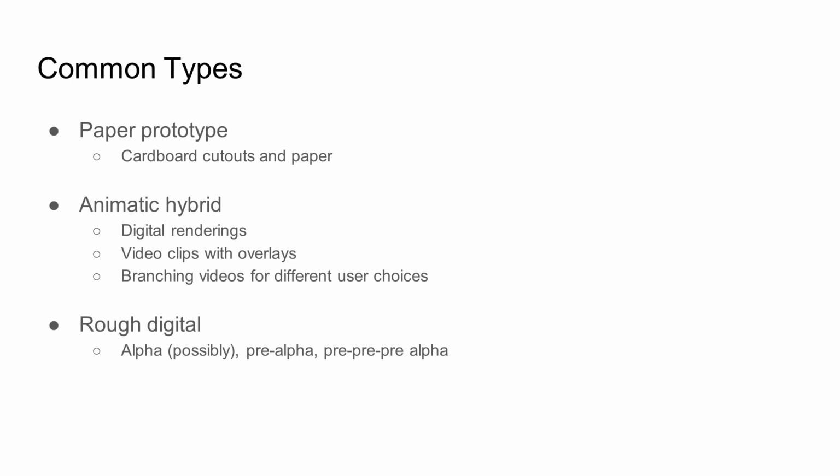But these stages are pretty arbitrary anyway, and you could argue that even released software are still prototypes because you still continuously release updates for them, so you can make the line a bit blurry, but we're playing with semantics now. So let's just say that a rough digital is basically from when you get the code working